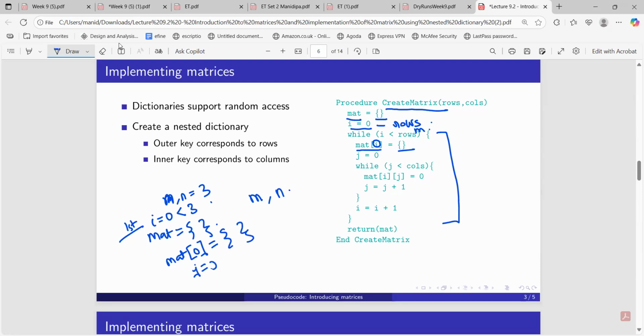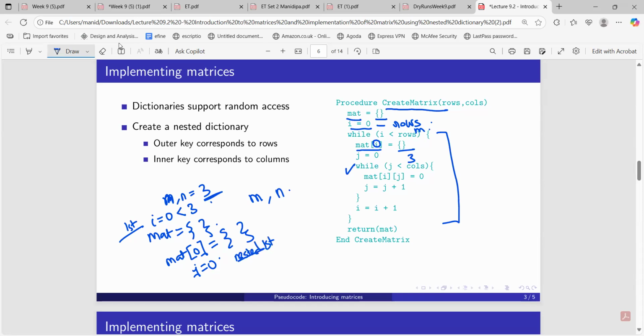Again, j is equal to 0. So now in a row, there will be how many columns? As many columns as your question specifies, that is here n is 3. So 3 cross 3 matrix means 3 rows, 3 columns. That means every row has 3 different columns. So we have to initialize j to 0. Then again, there is a nested loop. So this nested loop is to create the columns, right? So how long will this run? As long as j, that means in our example, since we want 3 rows and 3 columns, as long as j is less than 3, this will run. What is it creating? Again, let's say nested